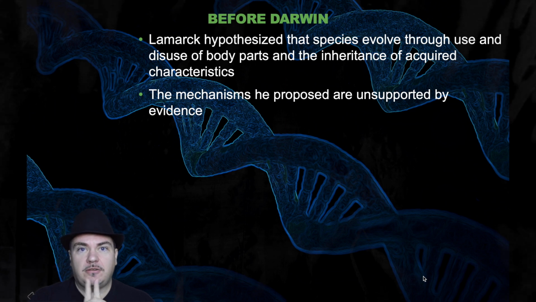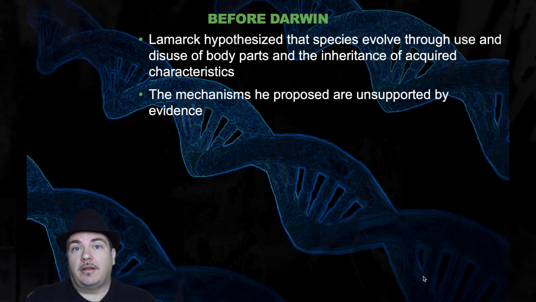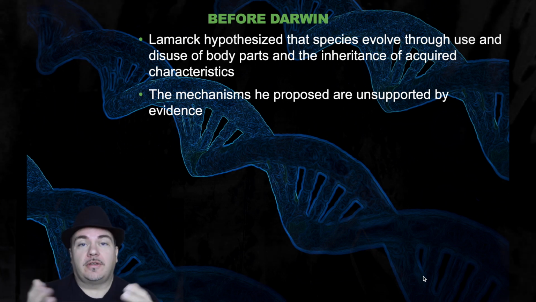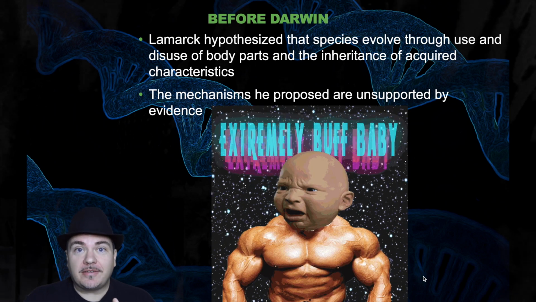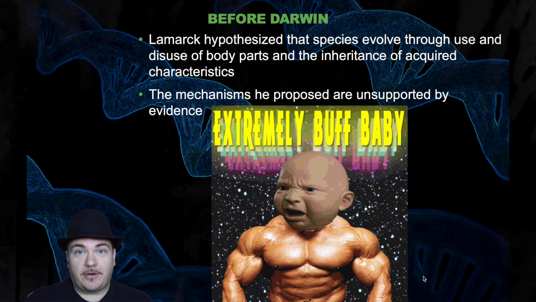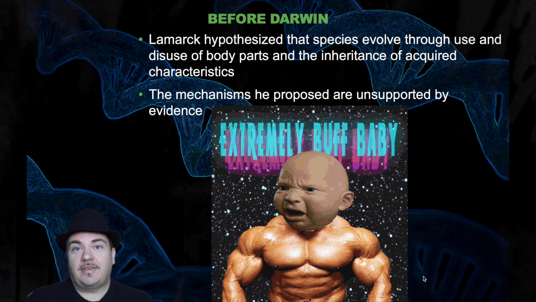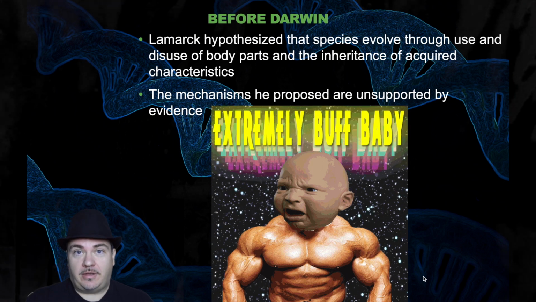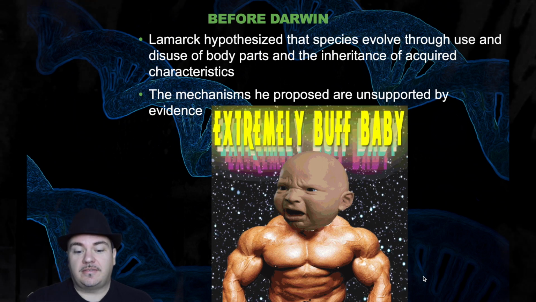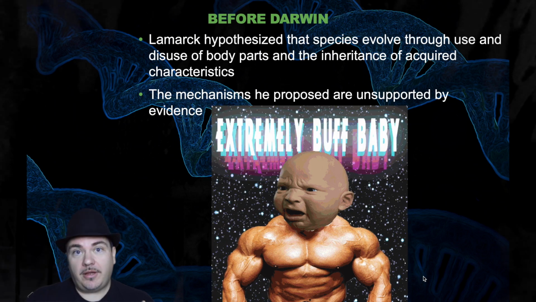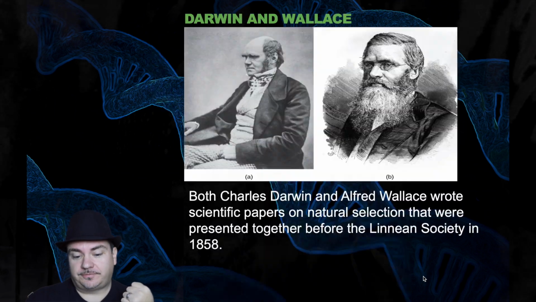Another analogy: let's say you decided, all right, today I'm going to start doing weightlifting, and I'm going to be very diligent to become a weightlifter. And my partner is also going to become a weightlifter, and we're going to have a child. And then when that child is born, that child is going to pop out as an extremely buff baby. Obviously you're probably very well aware that's not what happens. If you acquire characteristics during your lifetime, you don't pass those on to your progeny, to your kids. That's not how evolution works. But before Darwin, they thought that's how it worked.